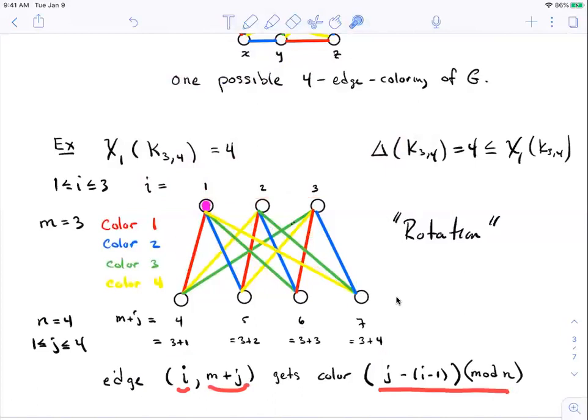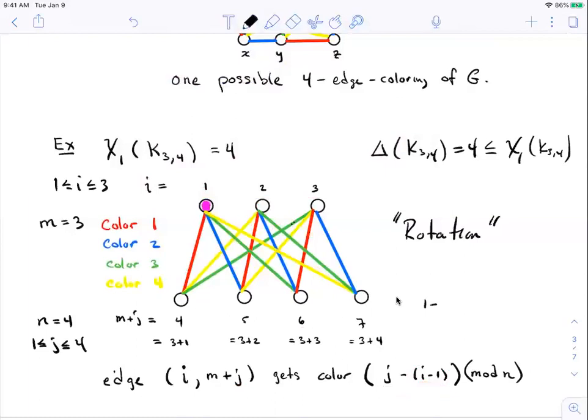So for example, if i is 1, i minus 1 is 0, and so I'm just giving it color j. But the color is mod n, so I've got colors 1, 2, 3, and 4. That's how I colored the first vertex. Now when you let i be 2, well, 2 minus 1 is 1, so for the edges that emanate from 2 and land in m plus j, I'm going to color them j minus 1. So if you start off with j equal to 1, you might think, well, wait a minute,